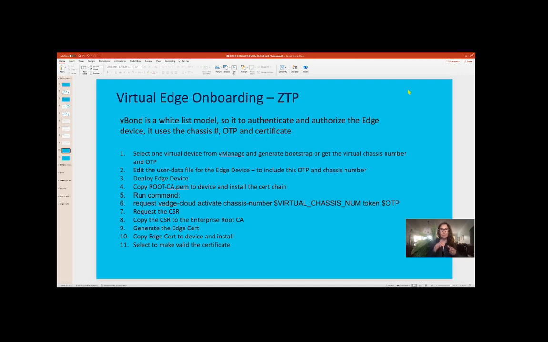Then we're going to run a command that is going to request to vBond: request vEdge cloud activate chassis number, our virtual chassis number, and then token, our OTP number. After that, we generate our CSR. And we copy the CSR to the ROOT-CA. We generate the certificate, copy the certificate back to the edge device, install it, and then at that point in